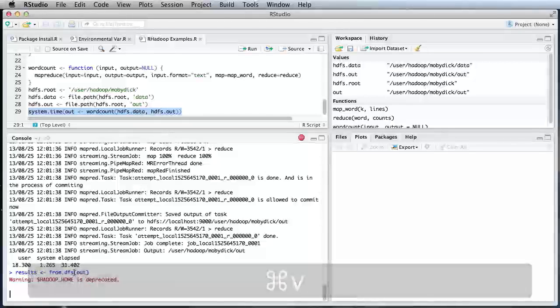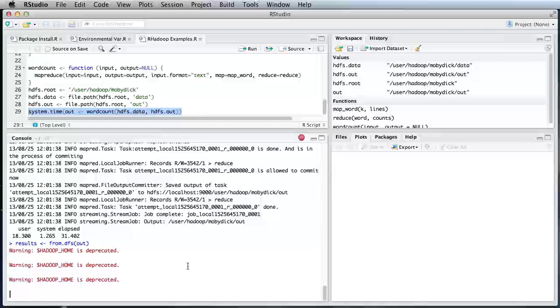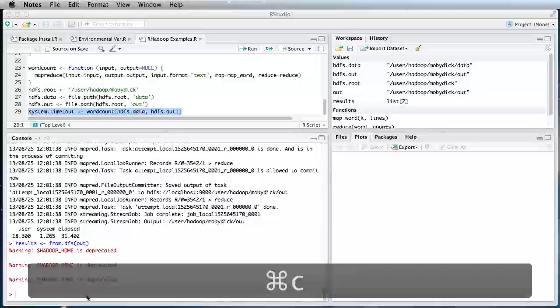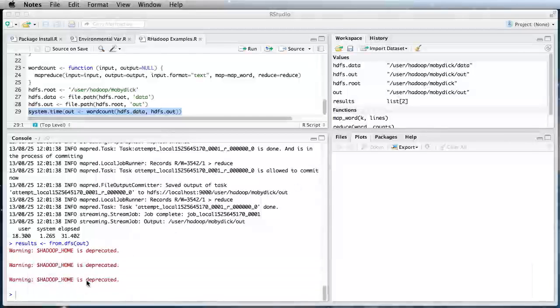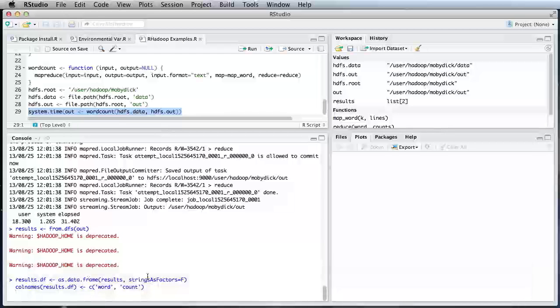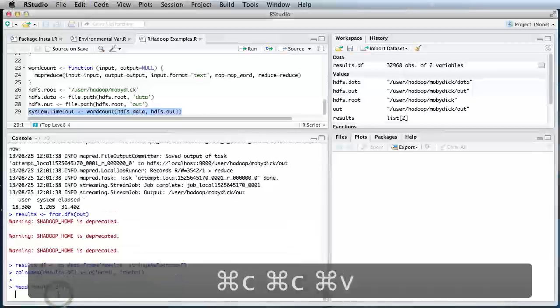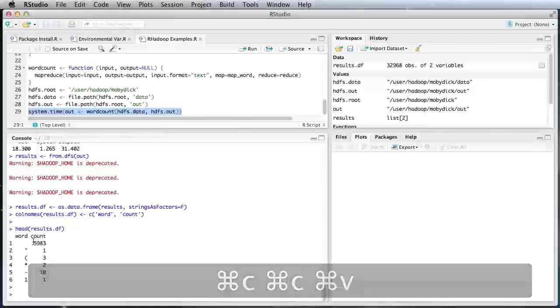Let's go ahead and get the data from our output results. So we use the from.dfs command in our Hadoop to get the output data stored in our results file. And with the results in hand, we can now display that results list itself. So what I like to do is create a data frame out of it, and I'll keep the strings as normal strings and not as factors, and then I'll give column headers to column 1 and 2 as words and counts. From there we can take a look at the head, the first 6 lines. You can see here we have